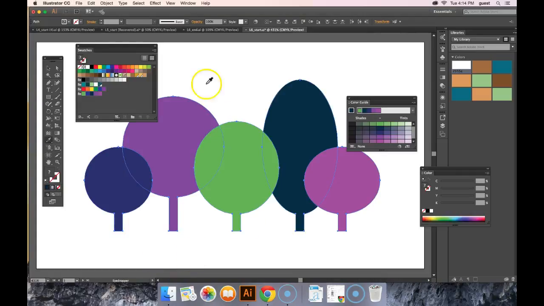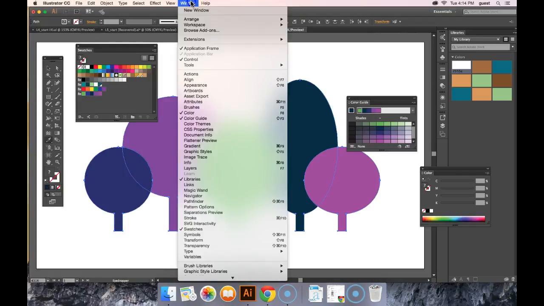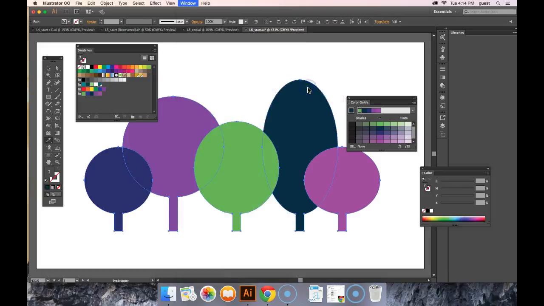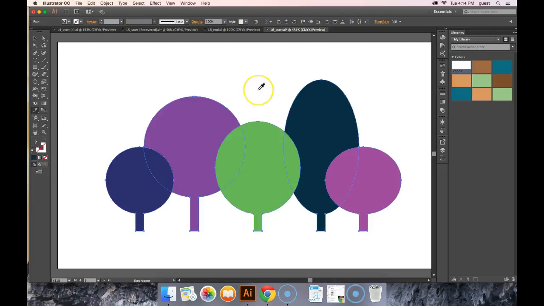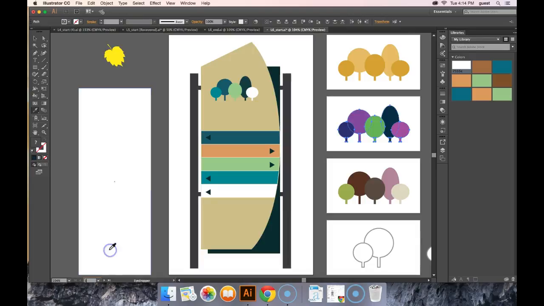Okay, so I'm going to go back to the Windows and I'm going to go Reset Essentials, clean up the workspace here. And the next thing we're going to do is choose number 1 from the Artboard menu. And what we're going to do first is select the very left rectangle over here on the